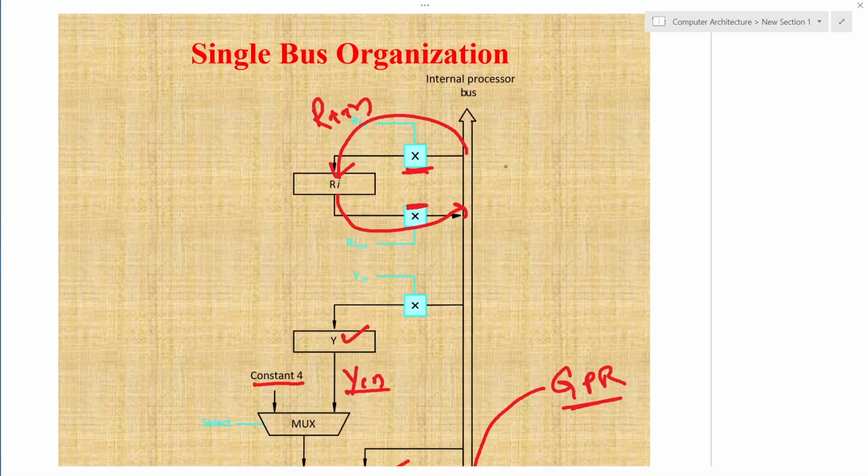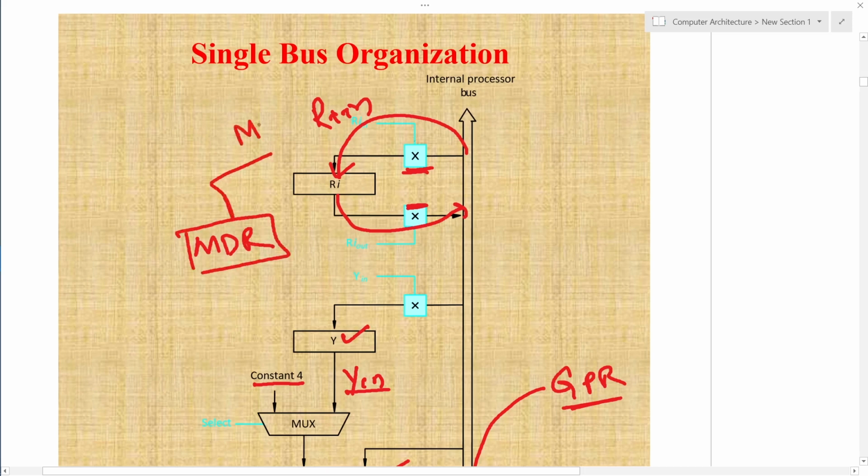Here, one important parameter about a particular register is MDR. MDR typically has 4 ports. One pair is for your system bus, MDR in and MDR out, and two are for the external system memory bus.